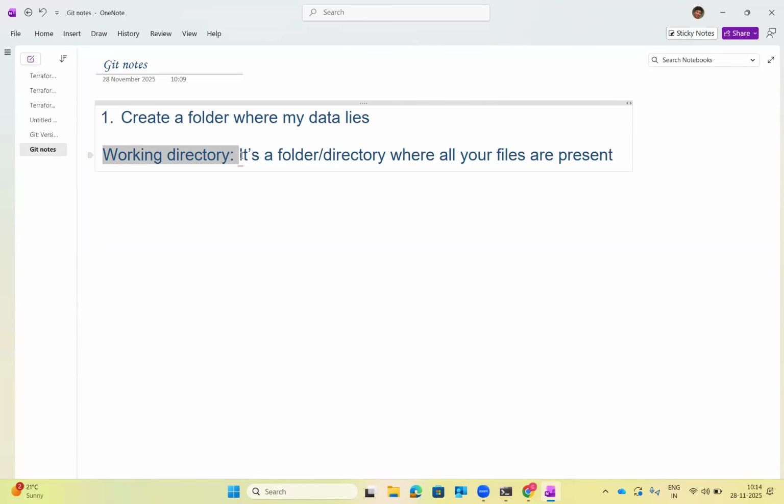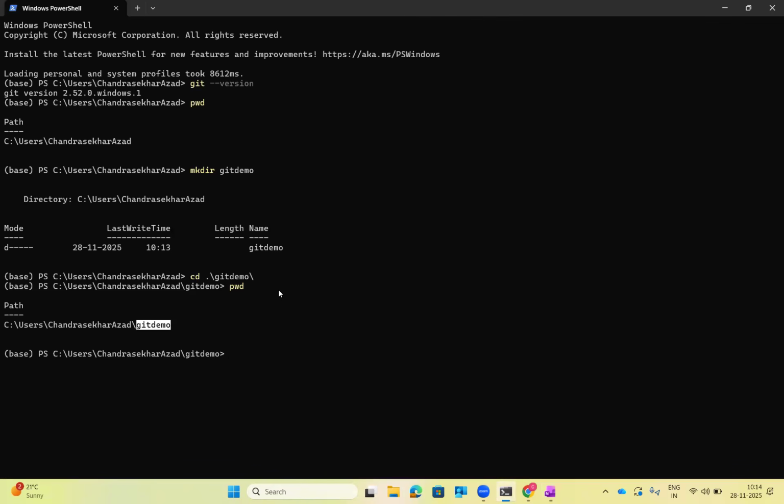It's just a folder or a directory where all my files are present. So this will be the place. Now here I can create some files. I can work on those files and I can do anything, whatever I wish to. This will be the first thing. Now, after I did the first thing, the next thing what I'll do is,